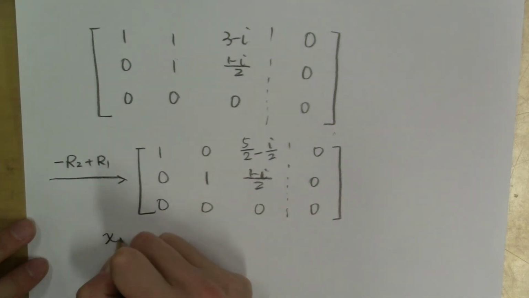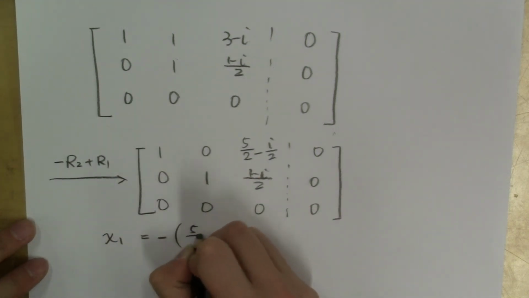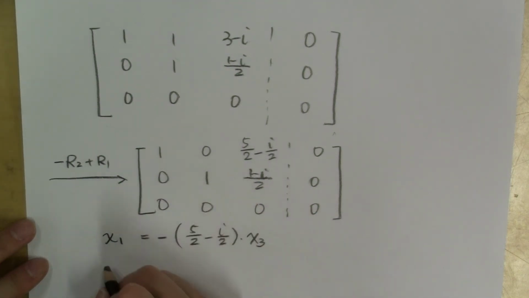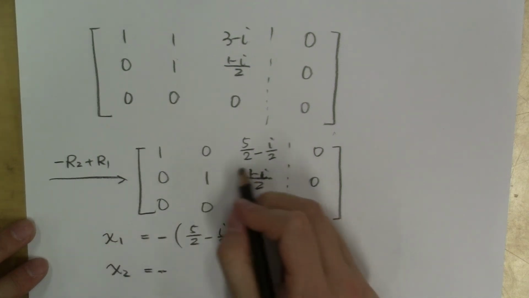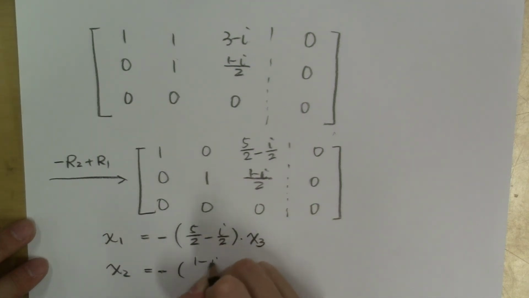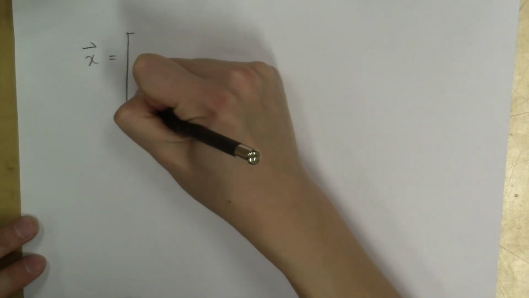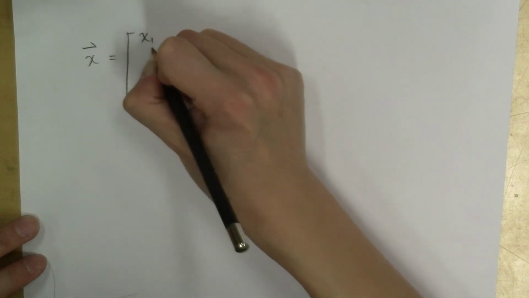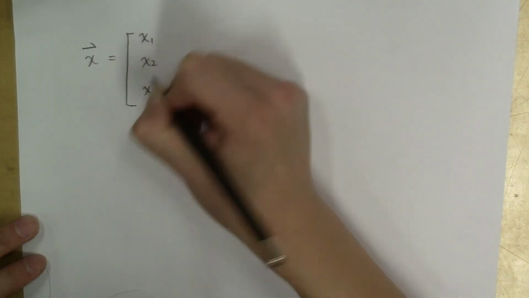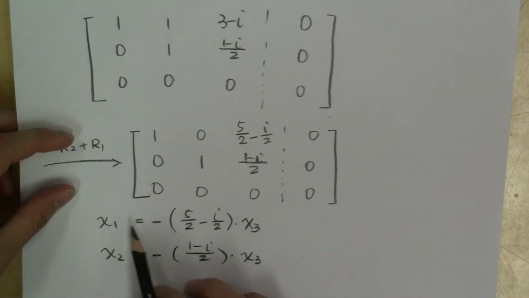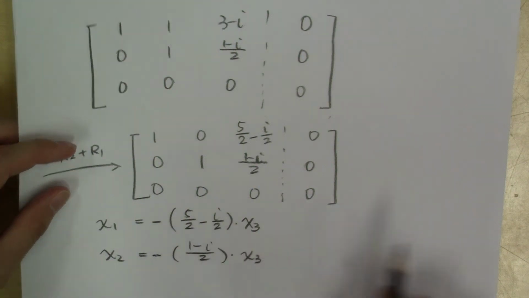So the augmented matrix is now in reduced echelon form, and from there we can tell the general solution. From the first row, x sub 1 is equal to negative 5/2 minus half of i times x sub 3. And from the second row, x sub 2 is negative this scalar, (1 minus i) over 2 times x sub 3. And x sub 3 is an independent variable. So writing the solutions in vector form, we know the solutions are all 3 by 1 vectors, x sub 1, x sub 2, x sub 3, that can be written as, according to this relationship, replacing x sub 1 with this expression, negative